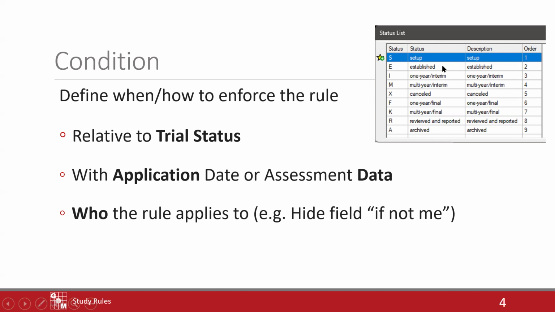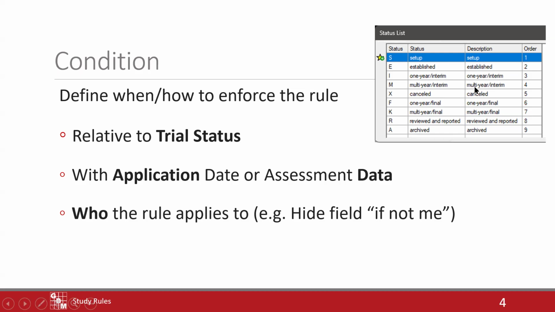And then as soon as there's any sort of date, whether it's an application or an assessment, something has happened in this trial, then ARM will move that to established. Okay, something's happened. We can assume here we've got the trial, things are going. Then it's up to the trialist to go in and update to interim. So as things are moving through the season, you would use interim, whether it's just a 1-year study or